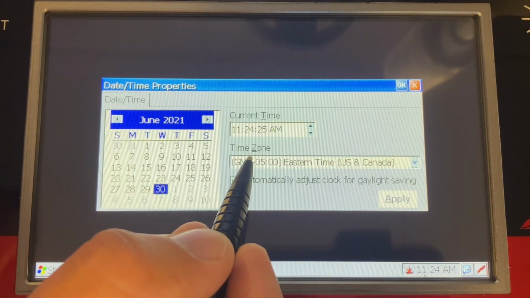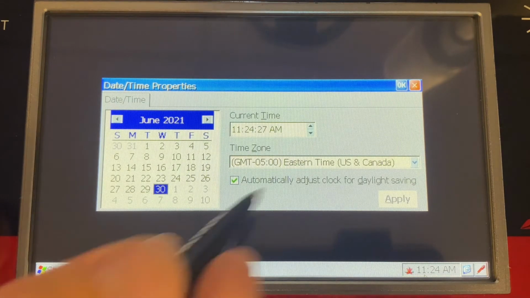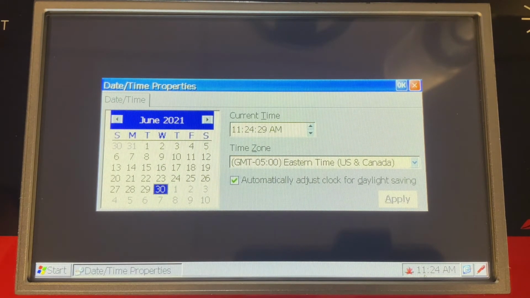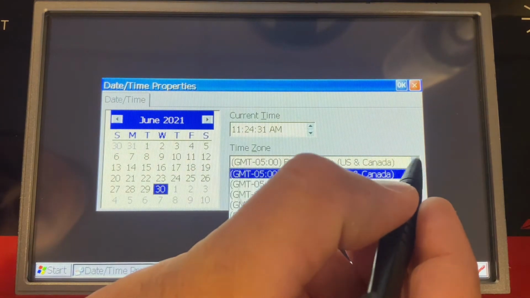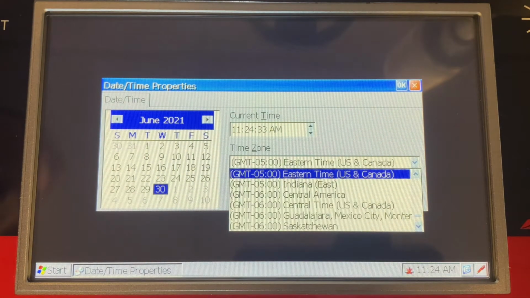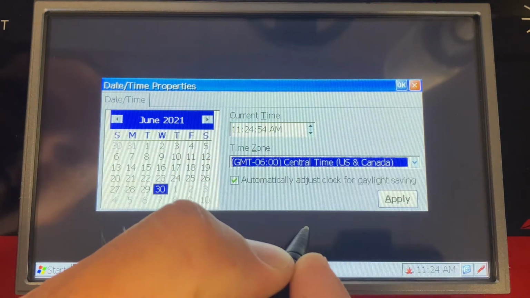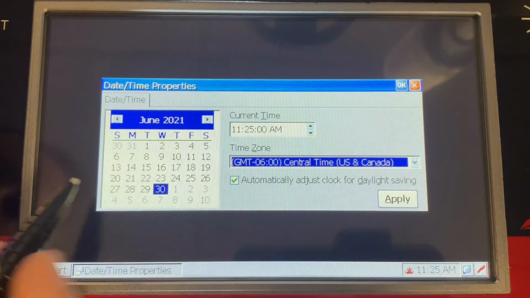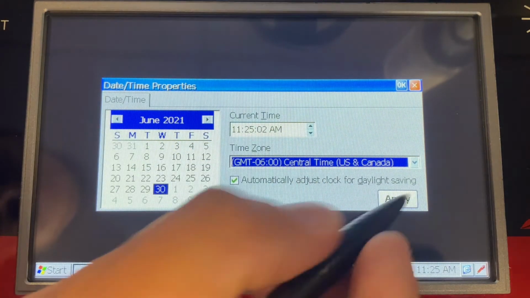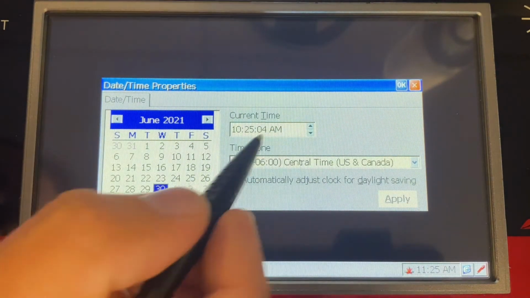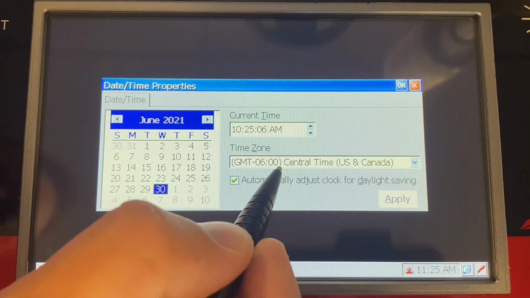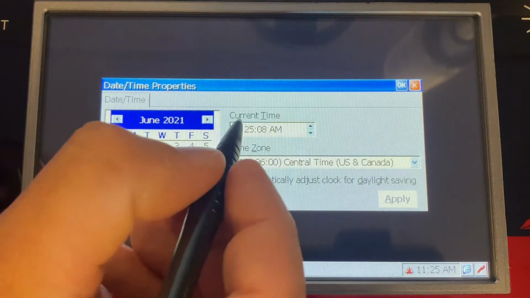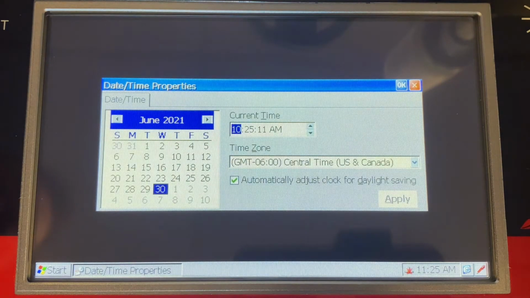We can also select time zones. I'm actually in Central Time. This is set up for Eastern, so we'll go ahead and change that. There's a drop down here for all the different time zones. Okay, so we've got Central Time selected, and then I also likely need to update my time too. So I'm going to click apply first. You'll see it applied that time zone change to the time up here. Now I still need to adjust this. So it is